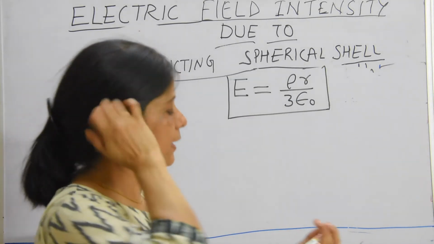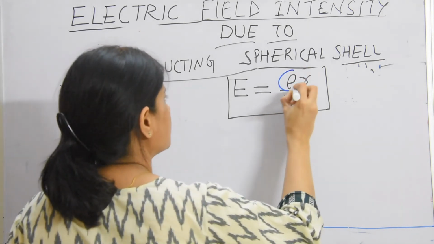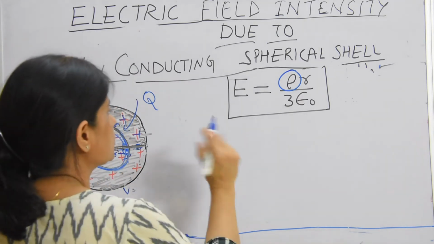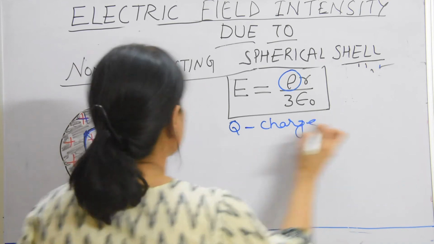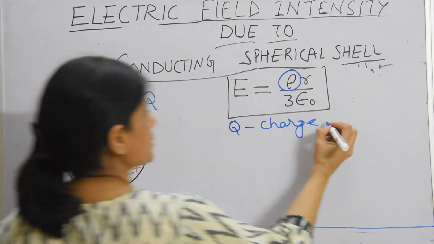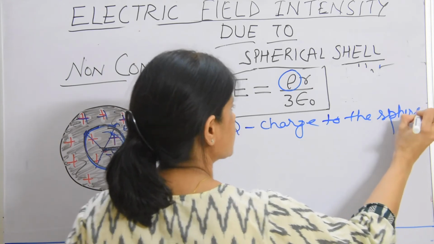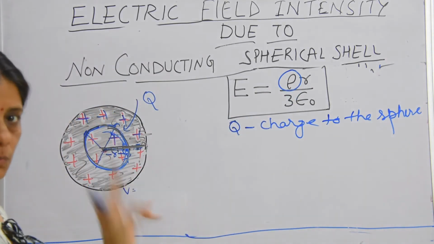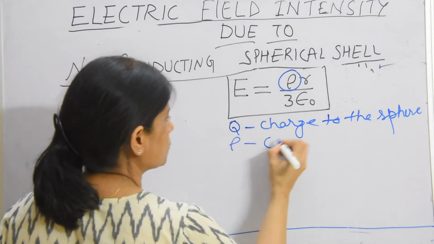Now, to put the value of rho in terms of Q, we should know two things. One is Q, the charge given to this sphere. Thus capital Q charge is given to the sphere, and we have to write rho in terms of Q. One thing we know, and the second thing we also know is that rho is charge